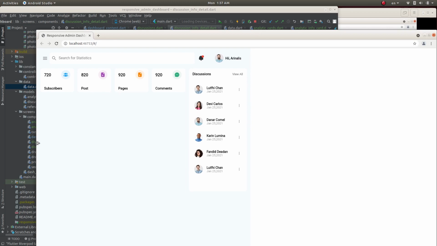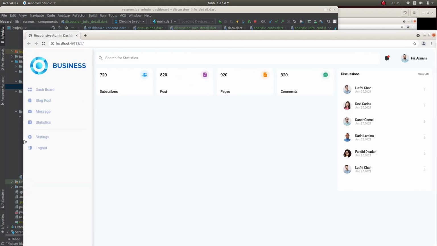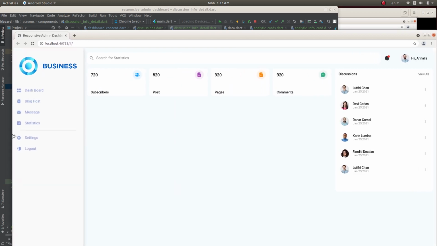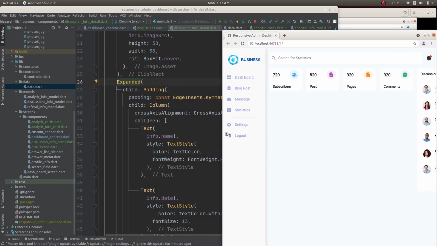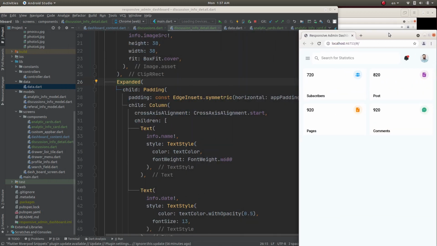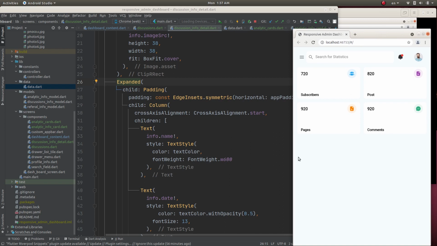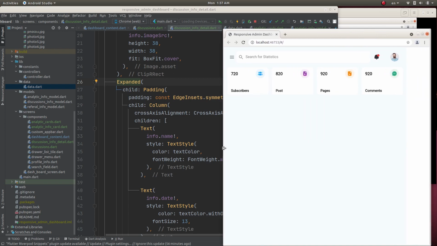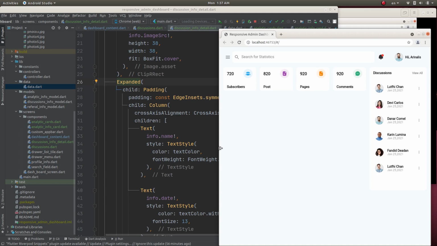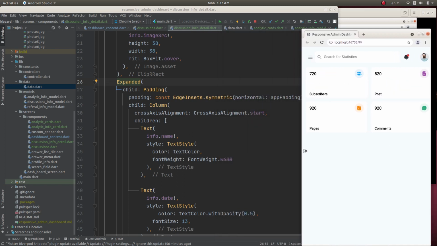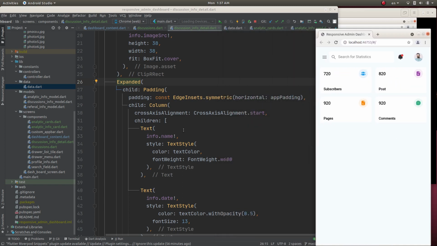Let me check when it is in desktop view. It's perfect. And when this is in mobile, okay, it's not showing. When it is in tab view, okay, when it's tab view, it's showing. When it is in mobile, it's not. Okay, for that,